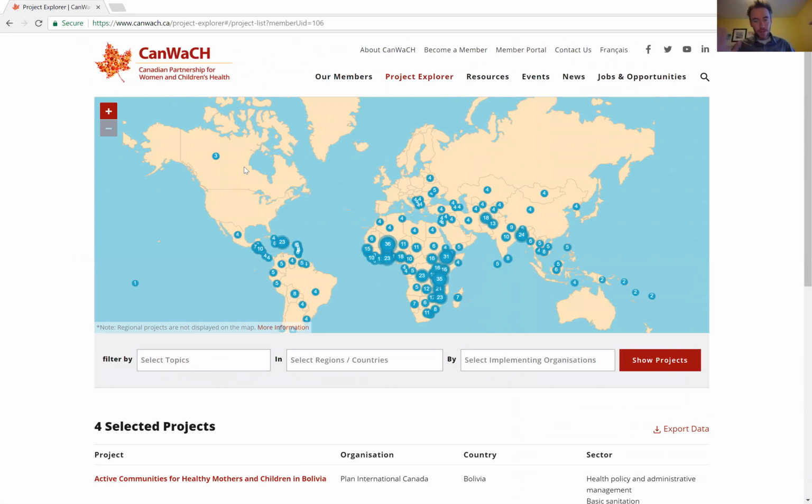Built into the structure of our site is the hope that users will weave their way through the site, accessing information about projects that our members are doing, stories about those projects, information and resources from our members, and information about our members themselves. And all of these linkages are made so that they're woven through the whole site, so people can follow their nose clicking through to find all sorts of different information, with the underlying hope that those links will lead to collaborations and knowledge sharing between our diverse members.